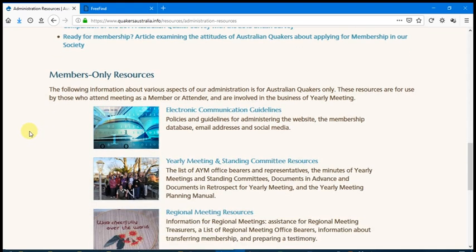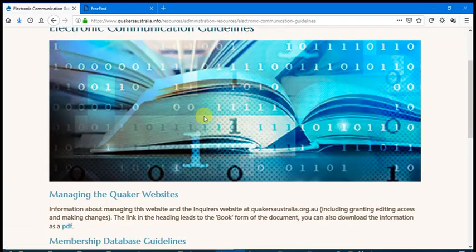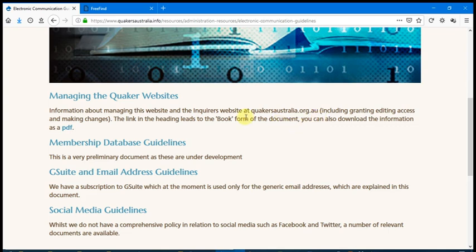Below that you'll see that there is a heading of members only resources, so the items below that heading are only available if you have signed into the website, as we did earlier. A member of the public who tries to access any of those will be blocked until they are able to sign in. The first of those is electronic communication guidelines, and on that page are documents which give advice on